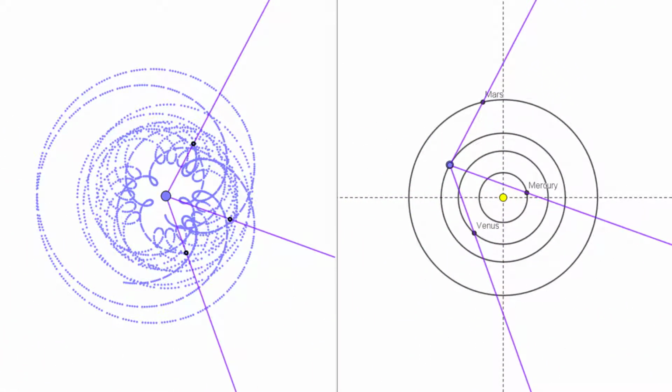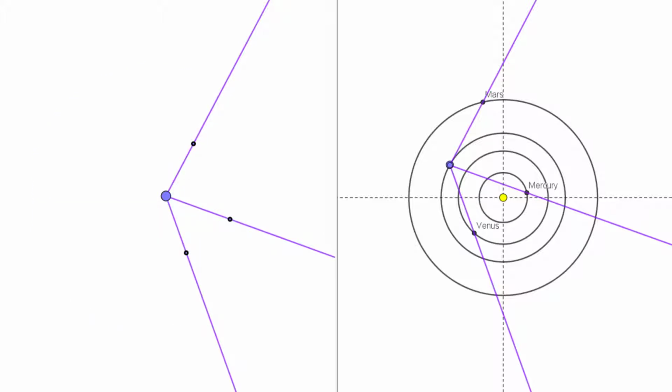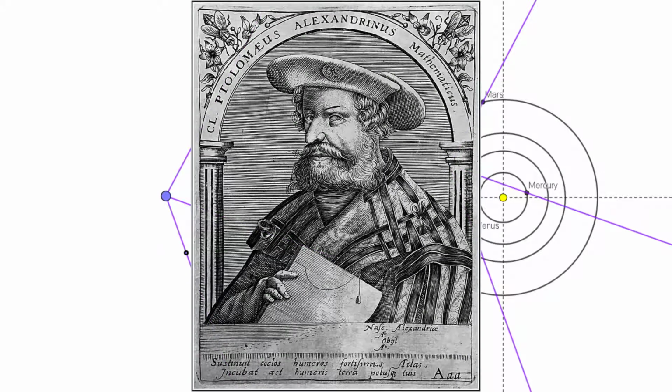So how we view the motion depends on the frame of reference we use. Are we going to have a geocentric view, in other words, an Earth-centered view, or a sun-centered view, a heliocentric view? Okay. This view is actually older. When they originally thought the Earth was the center of the universe, this loop-the-loop kind of behavior was very puzzling, and a guy named Ptolemy came up with a system to try